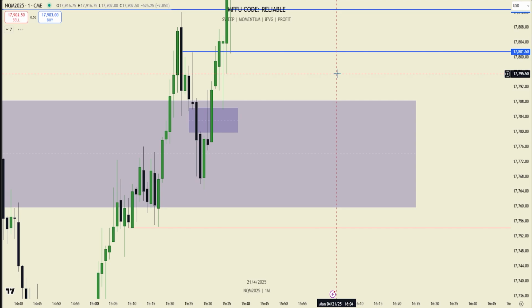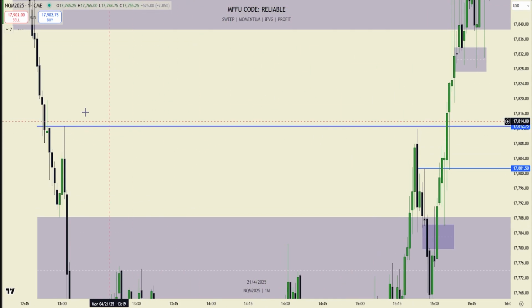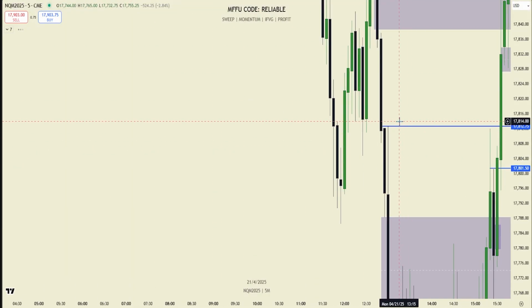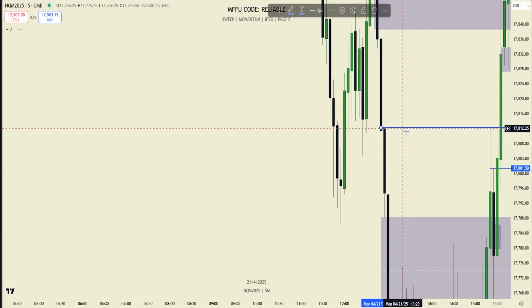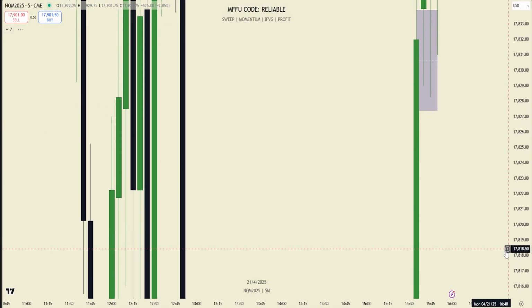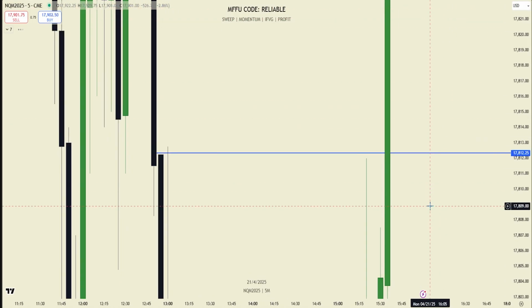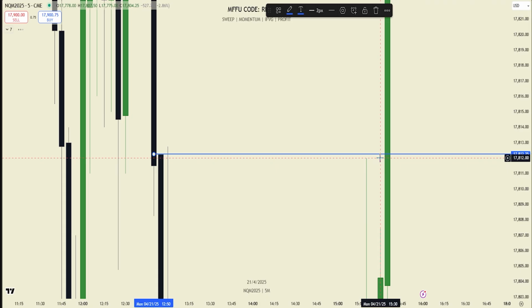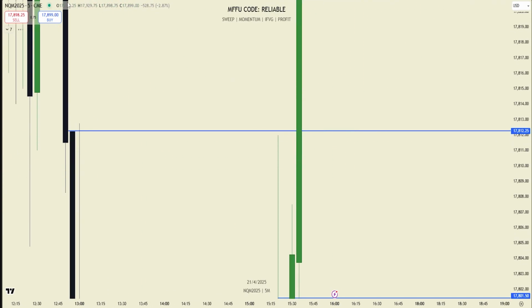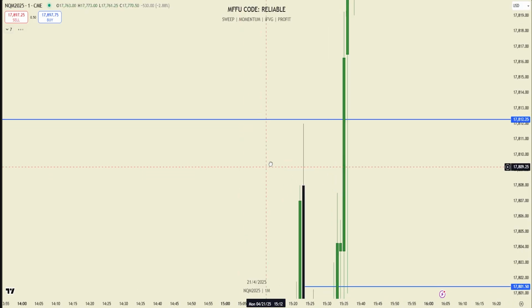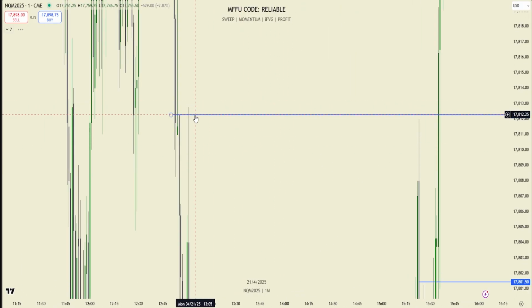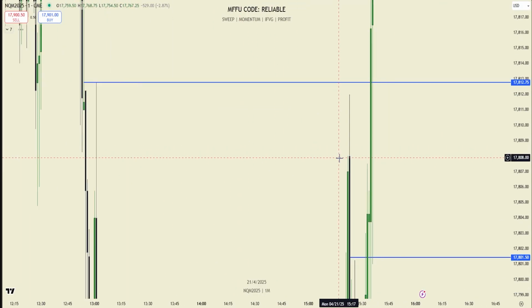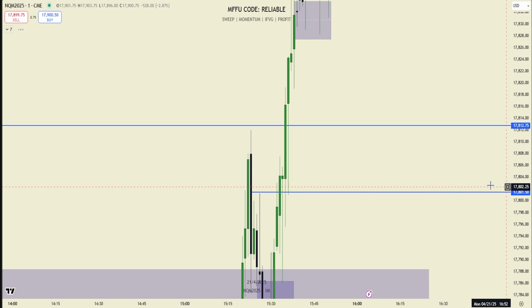Yours looks like it tapped it. Yeah, so here, I will adjust the line to the start of the FVG. So yeah, for me, it just barely missed it by a tick, or a couple ticks or whatever. Yeah, by a tick. But yeah, you're right. This would have been invalid if we hit this high, but we just didn't.